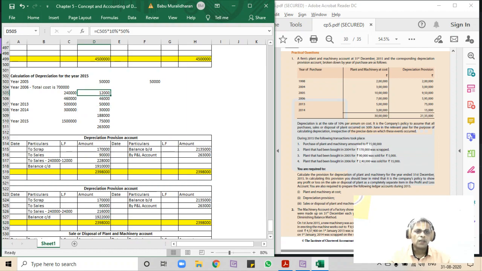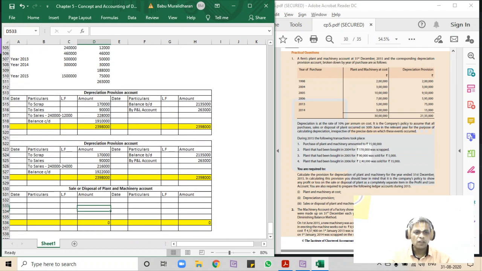So 12,000 is the depreciation that has been calculated, but because it is for the whole year, we should ideally take 24,000 as the depreciation for the purpose of provision for depreciation account, which though is not practically advised. Some of the questions solved in the books have taken this as 24,000 rather than 12,000. Actually, it should be 12,000, but in some of the books it has been solved as 24,000 by taking full year depreciation.